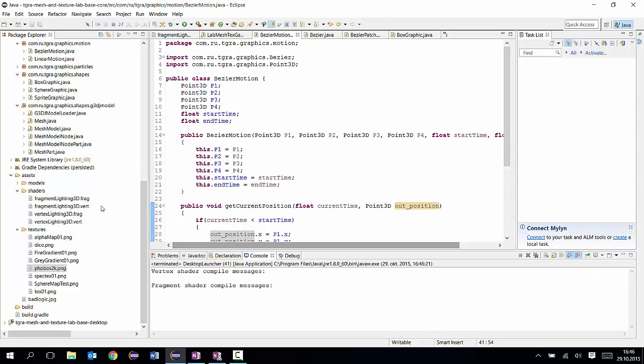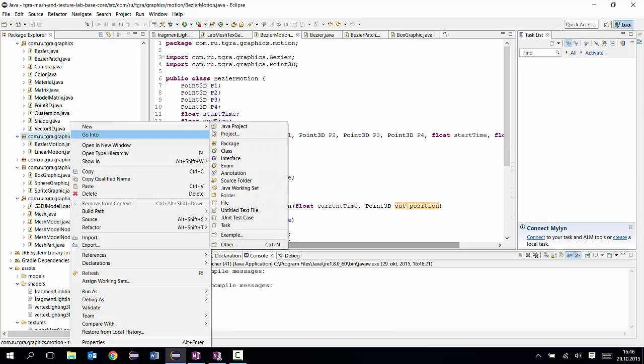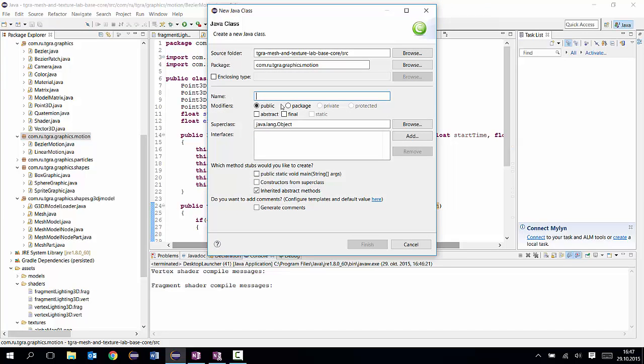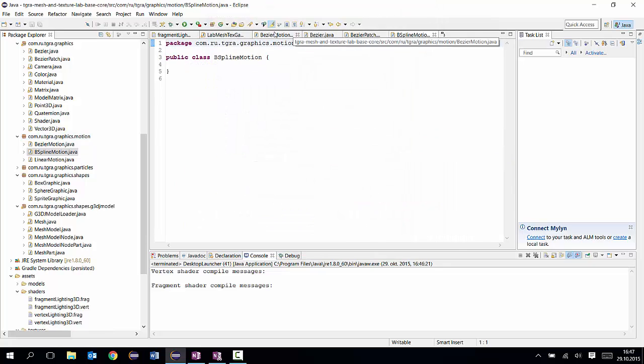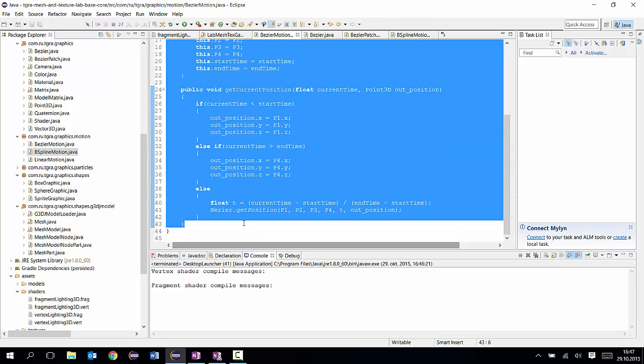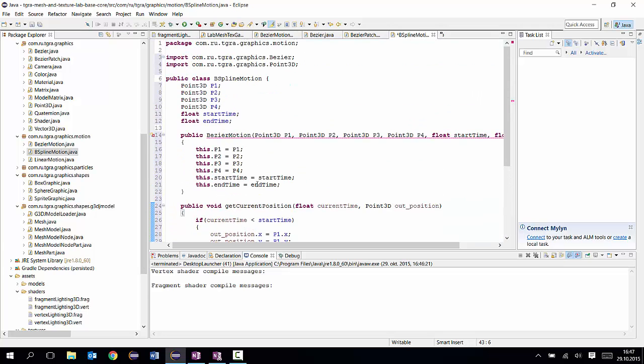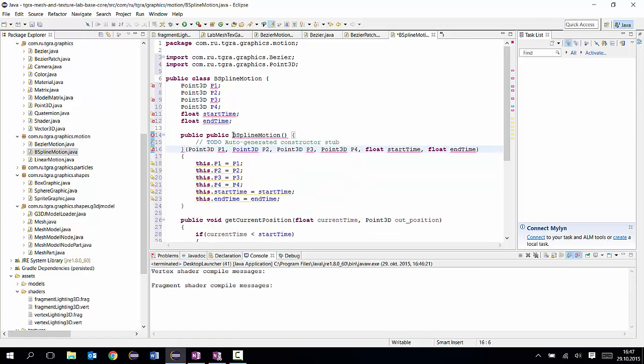So what I'm going to do is go into motion here, do a new motion and new class called B-Spline Motion. And then I'm basically going to steal the Bezier motion here a little bit. Let's just start with that, although we're going to change most of it. So B-Spline motion,